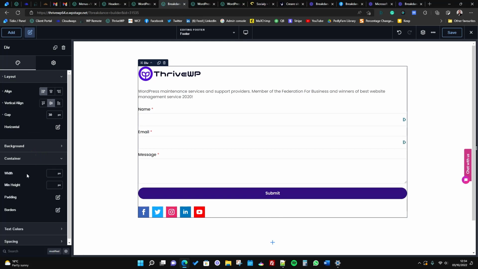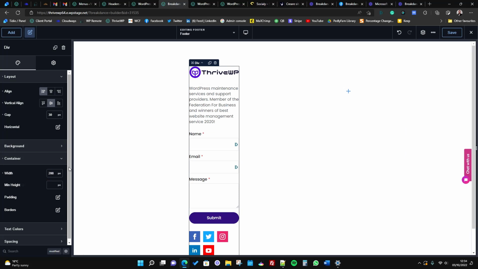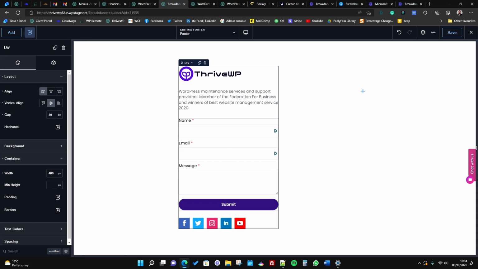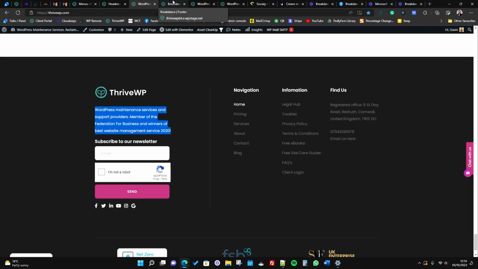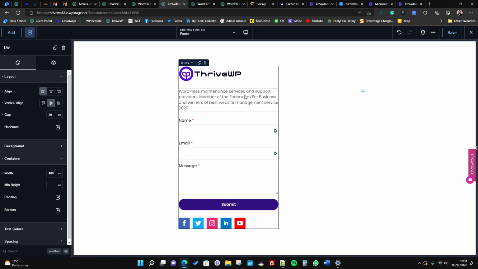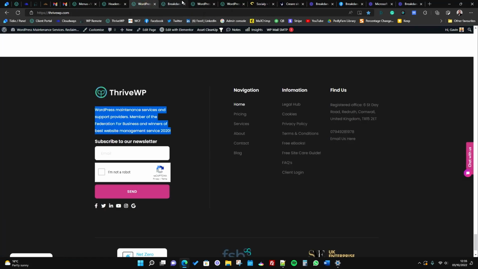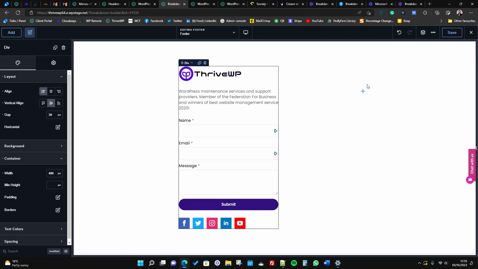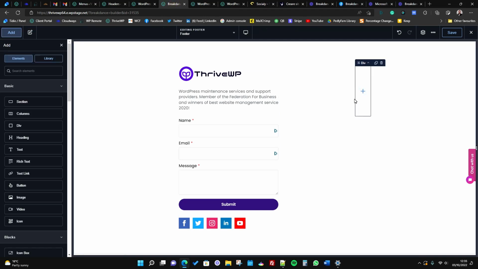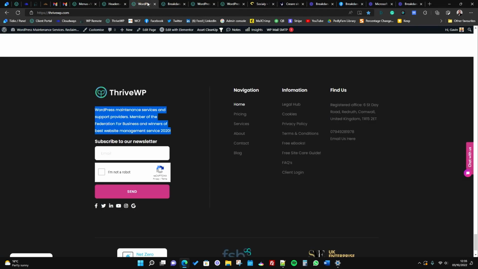Okay, so you've got container width. So this is where we can say, okay, we want this to be maybe 300 pixels, 400 pixels, something like that. Okay, we can set min height if we want, padding, borders, so on and so forth. And then the next thing, we want to build out this section. So in here we then need, let's have a think. So we're going to need,